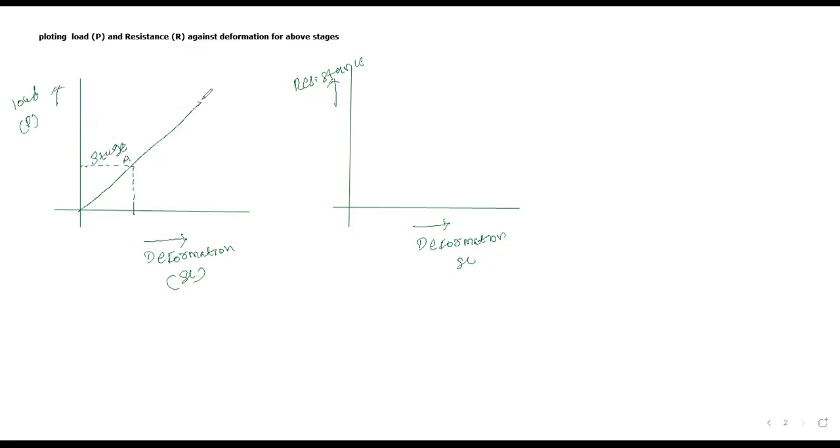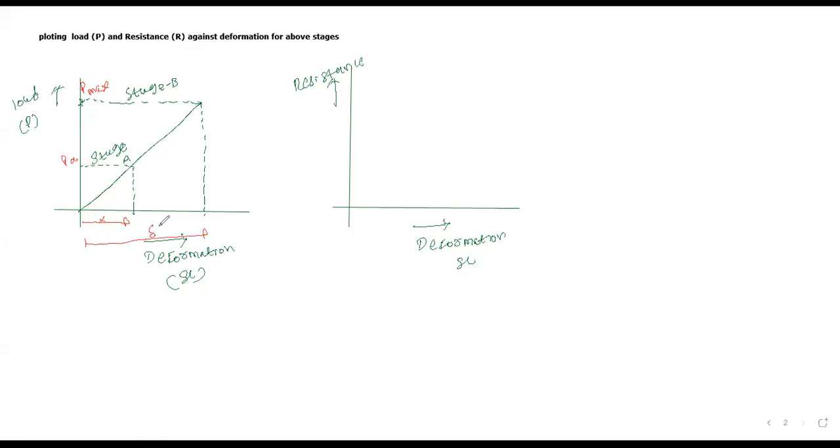Fine. And this is your stage B, that is for the maximum condition. I hope it is clear to all of you. So this deformation is your maximum deformation, and this load is your maximum load. Clear enough? This is your P max, and this is your PA. This deformation is X only, because at stage A your deformation is X, and at stage B your deformation is